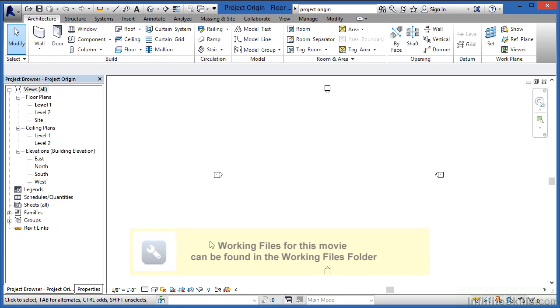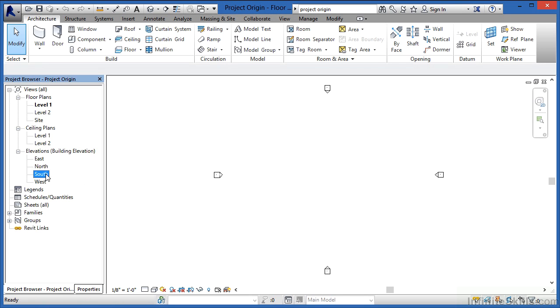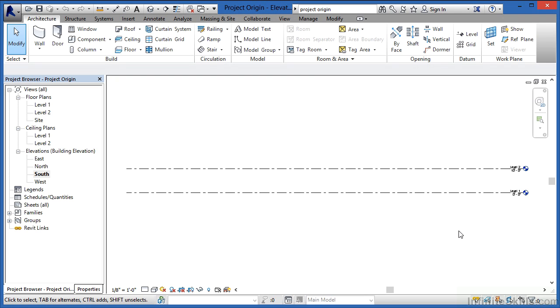Whenever we start a Revit project, there's really three things we need to think about first. The first thing will be the project origin point. To get a better feel for what the project origin is, I'm going to start off by going into the south elevation. In this case, the project origin point is going to be somewhere along here where level 1 is